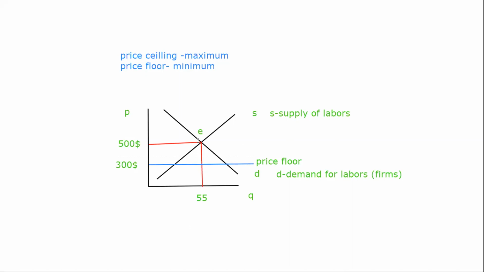This is the point where they are satisfied. So for the price floor, if the price floor is below the equilibrium, it is not binding. We're going to put this down in words a little bit later. If the government puts the price floor above the equilibrium,